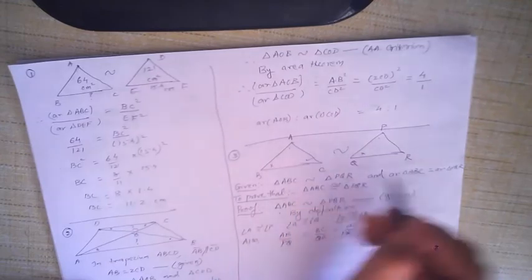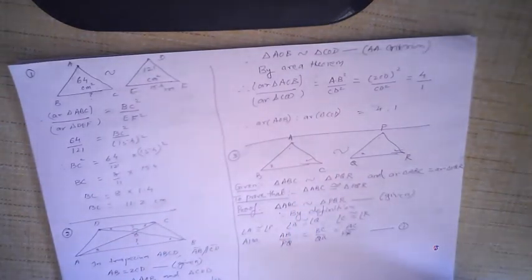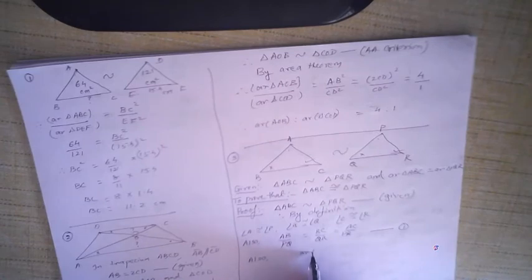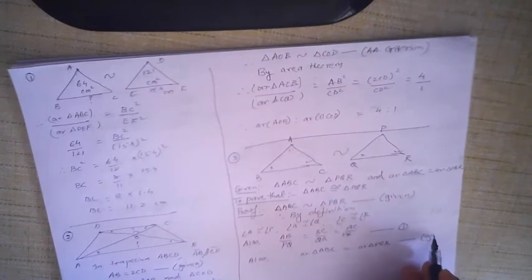Okay, marked with a tick mark. Angles are congruent. Remember, in congruent triangles, the angles are equal, which we have already shown, and the sides are also equal. So now we have to show that the sides are equal. And also, we are given that the area of triangle ABC is equal to the area of triangle PQR. This is given. We are already given this.